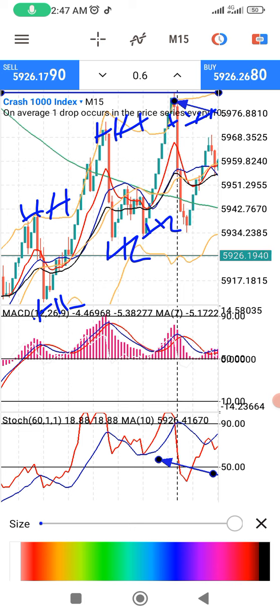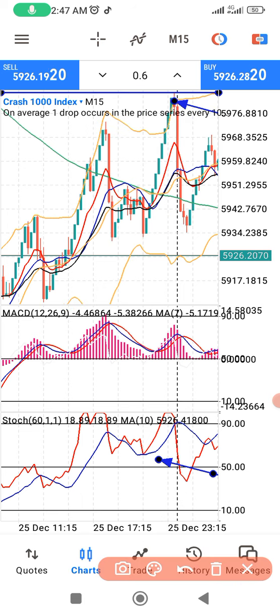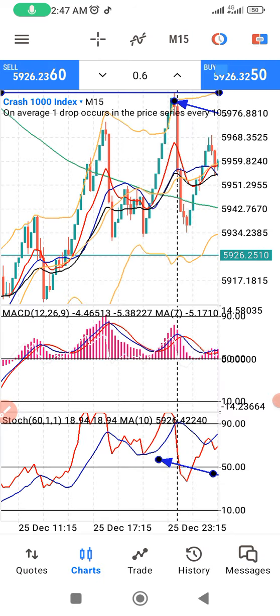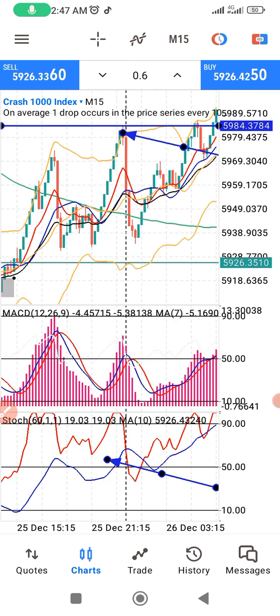So these indicators are not just there, okay? They are serving their function beautifully. A structural point here, and then we'll have another wonderful structural point at the top. So this thing works perfectly. And then look at what happened. Price returns back into the structural point and went up beautifully. It returns back again, move up, closes above